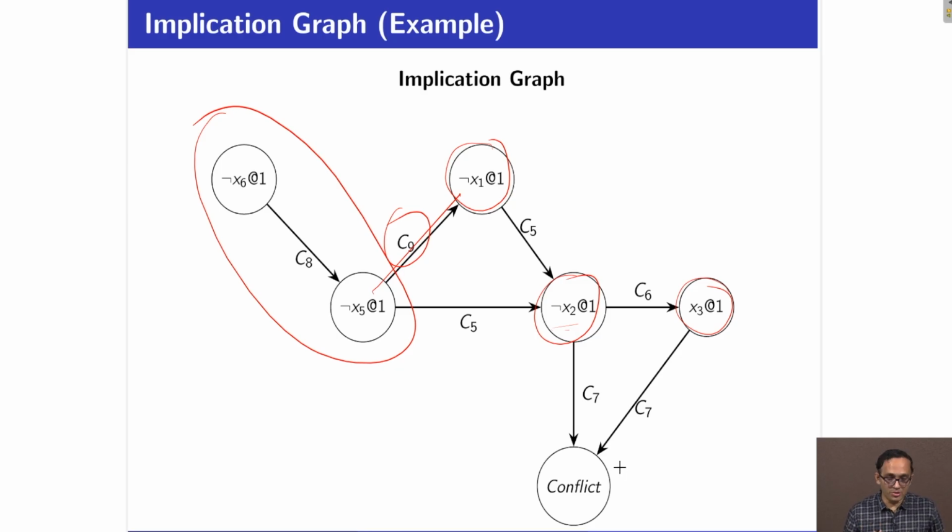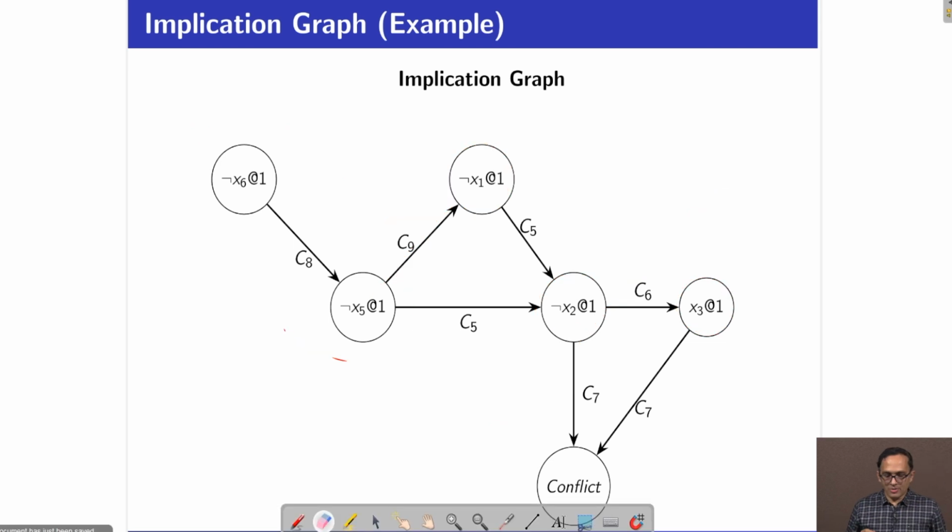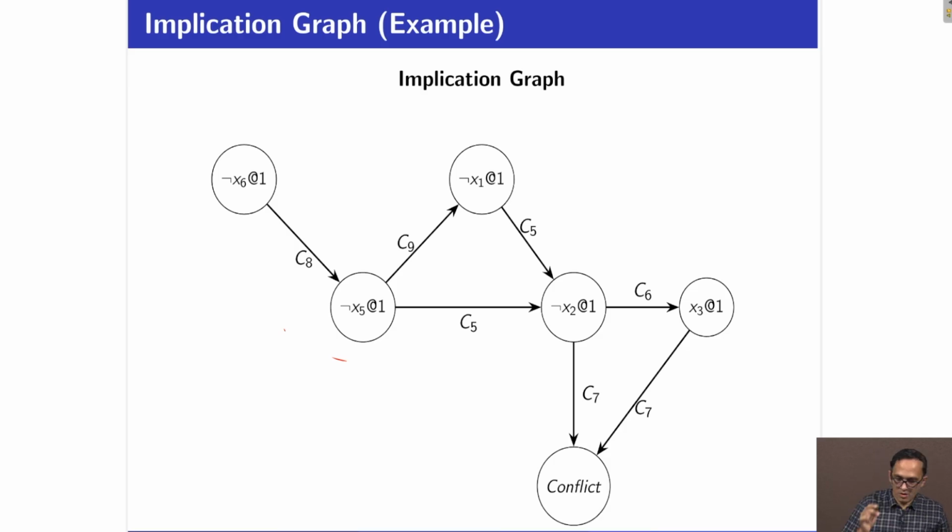Now, once you get this, again I can check what the UIP is, right. My conflict happened in decision level 1. So, if I cut it here, what are the UIPs? Let us first mark the UIPs. Here you have only one decision node, which is the root node, and this is the conflict node, and there are many paths, and you have to make sure that the UIP is in all paths. So, definitely this is not a UIP, because there are some paths going like this which do not come here, but this is a UIP, this is UIP 1,